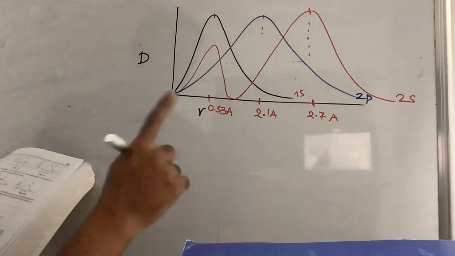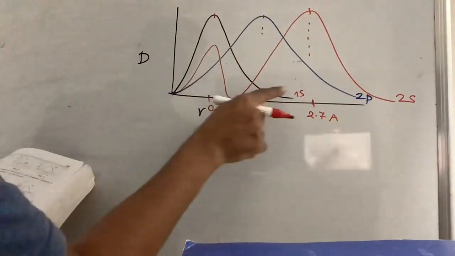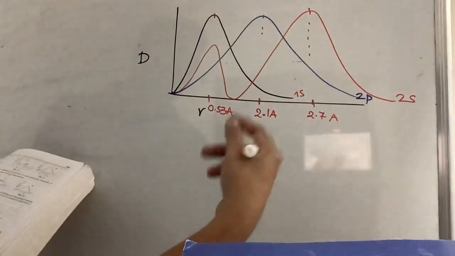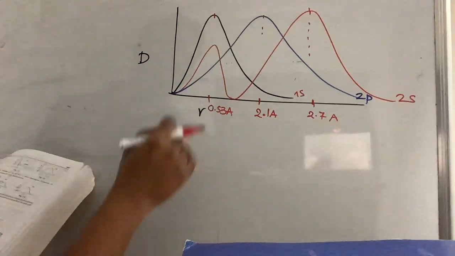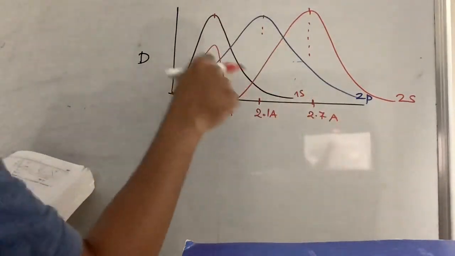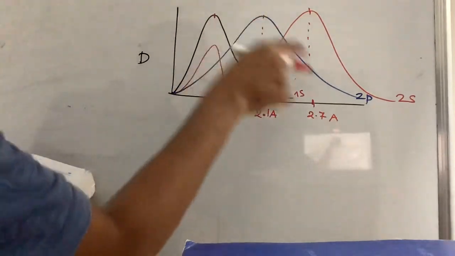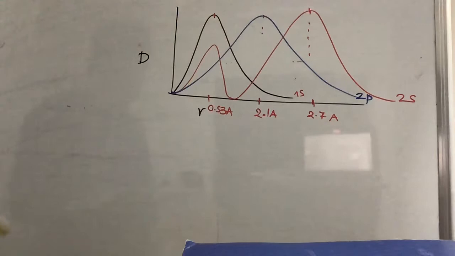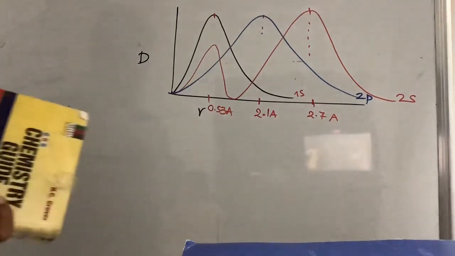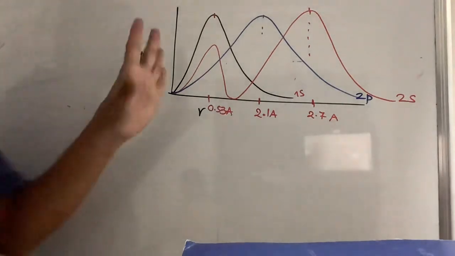See, these are practical data. This is for 2s orbital, this is for 1s orbital, this is for 2p orbital. Generally, what we imagine is that the 2p orbital will be a little farther away. Actually, 2p orbital is here and 2s orbital is here. The 2s orbital peak is at 2.7 angstrom, but the 2p orbital peak is at 2.1 angstrom. This is one point to be noted. This graph is taken from the Grover book, GR publication.